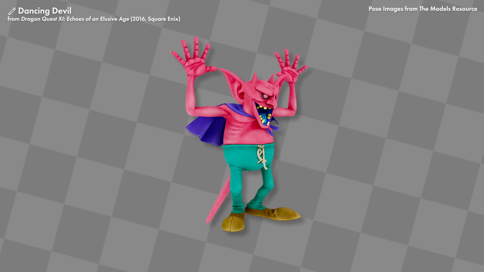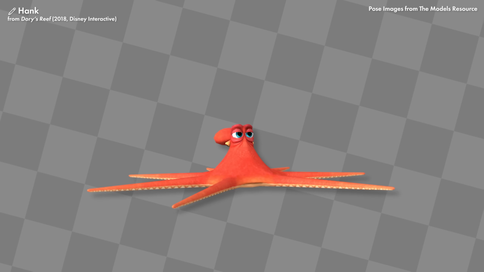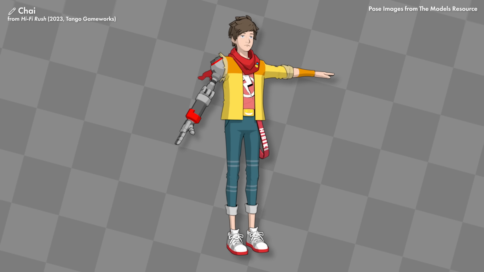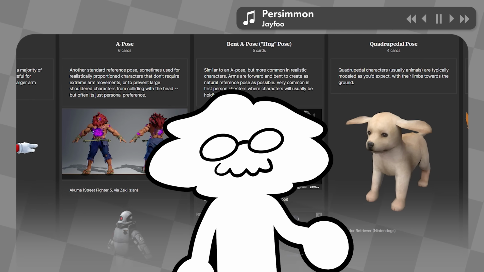In fact, there's plenty of poses that go beyond T poses and A poses for characters that aren't humanoid or have weird details to their animation. I actually did a ton of research on all the different kinds of poses you can find in game development,